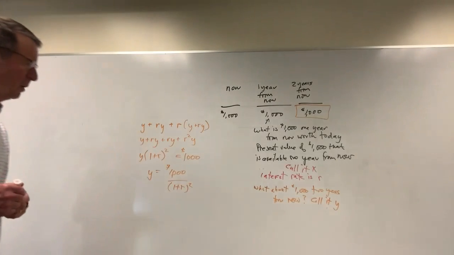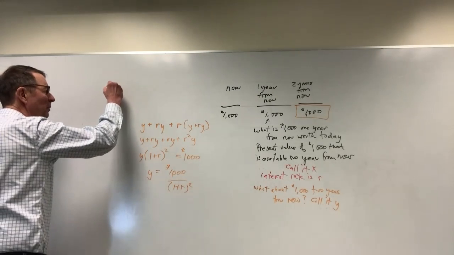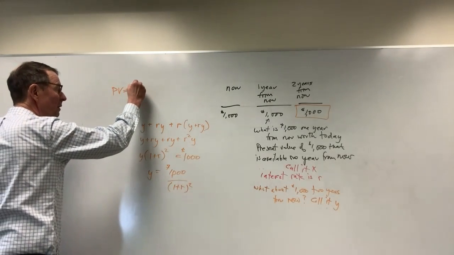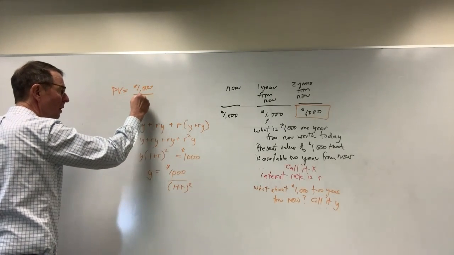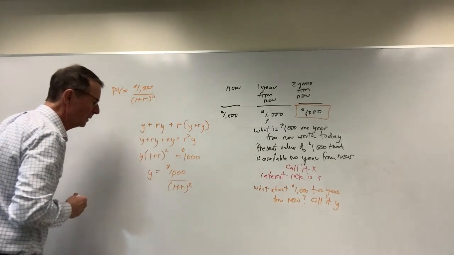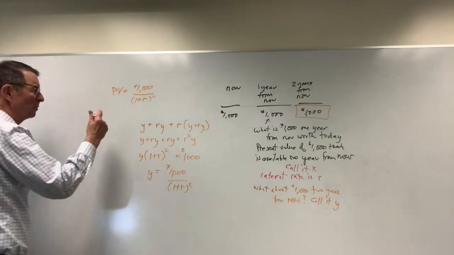So that's where we get the present value formula, which is going to be $1,000 divided by (1 plus R) to whatever the number of years out until it's available,